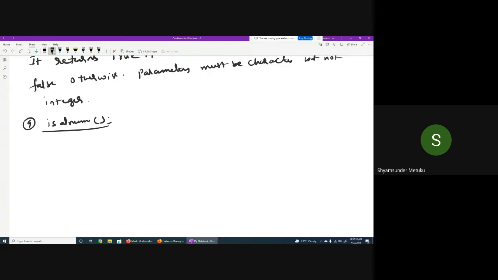So in that case, don't you think is alphabet is used for checking the capital? One of the letters must be a capital letter. Do you remember or not? In most passwords, one letter must be a capital letter, it has to have a number, and it has to have a special character. There is a combination, with a minimum of 8 characters. So I'm using is upper, and I'm using is alphanumeric also. If anything is not among these, it is a special character. Yes or no? Anything other than alphanumeric belongs to special characters. Yes or no?